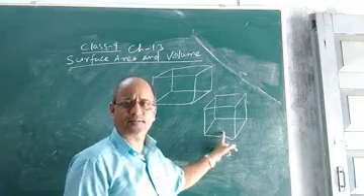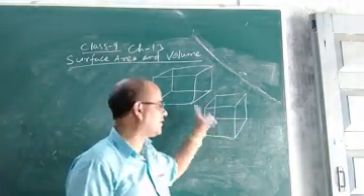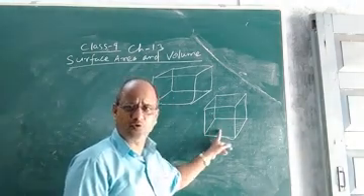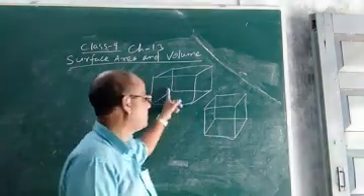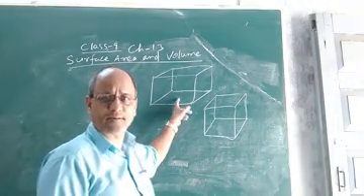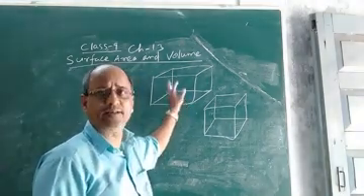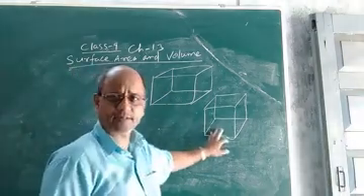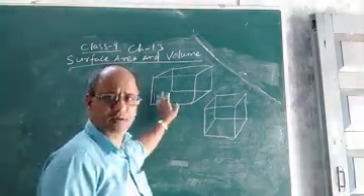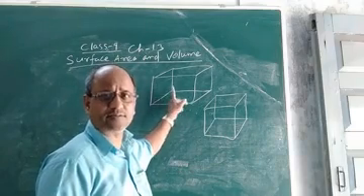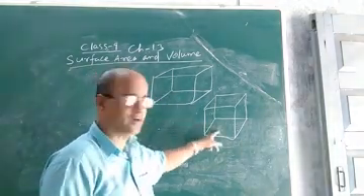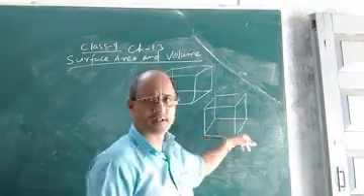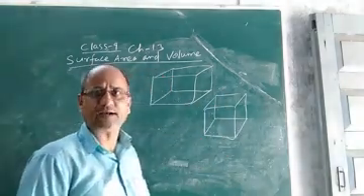Then how many plane surfaces are there? 6 plane surfaces. And what is the shape of each plane surface? The shape of each plane surface in a cube is a square. But what about the shape of each plane surface of a cuboid? It is rectangular in shape. So there are 6 faces in both cuboid and cube. In cuboid, each face or each surface is rectangular, but in cube, each face is square. Both have top, bottom and the other 4 lateral faces.